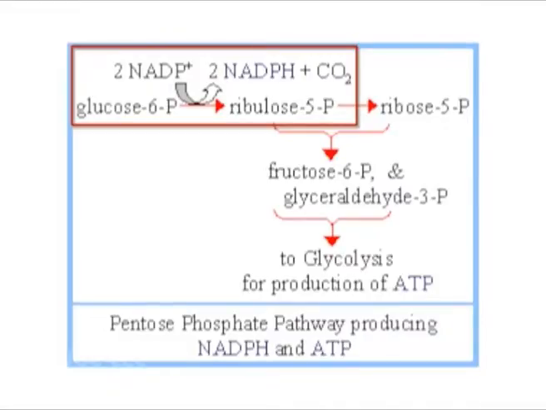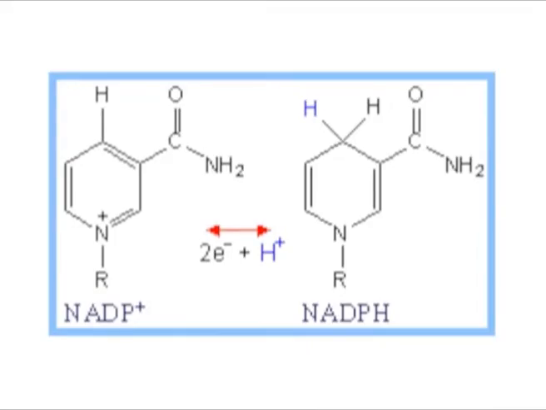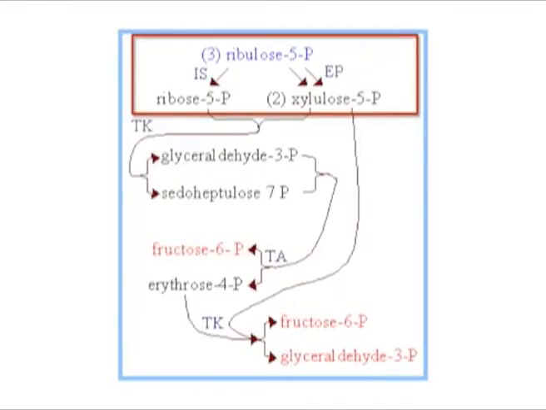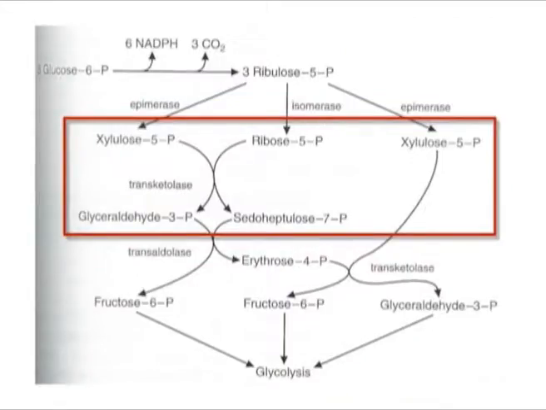In the first step, glucose 6-phosphate is oxidized into ribulose 5-phosphate and carbon dioxide. During the oxidation of glucose 6-phosphate, NADP plus is reduced into NADPH. The second step of the pathway converts the ribulose 5-phosphate into other pentose 5-phosphates, including ribose 5-phosphate used to synthesize nucleic acids. The third step includes a series of reactions that convert 3 of the pentose 5-phosphates into 2 molecules